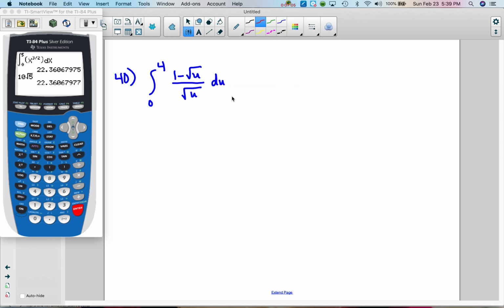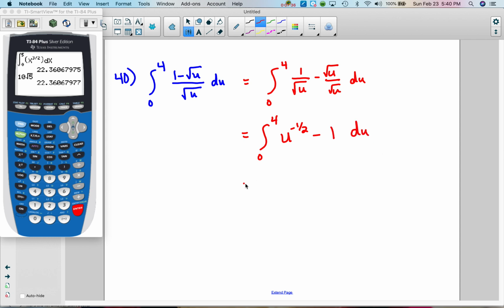So this one, when you first look at it, seems really complicated, and you might wonder, how in the world am I supposed to know what the antiderivative of this is? What you want to do first is do a little algebra and simplify it, and think of this as 1 over the square root of u minus the square root of u over the square root of u. So then we can think of this as the integral from 0 to 4. Remember, this is u to the 1/2, but since it's in the denominator, it's the negative 1/2. And this is just 1. So then we get